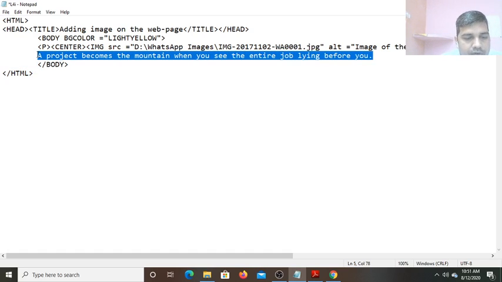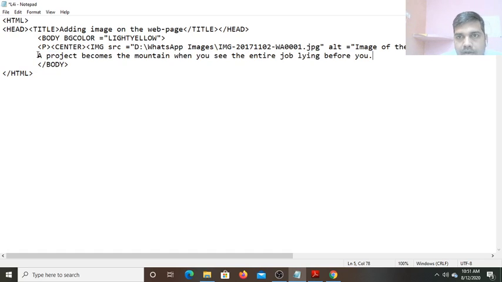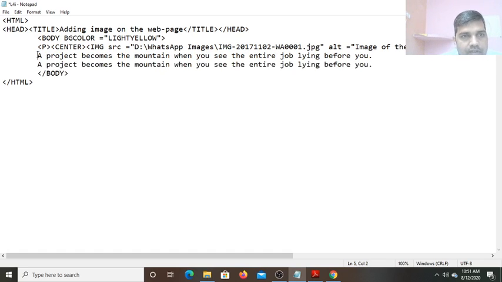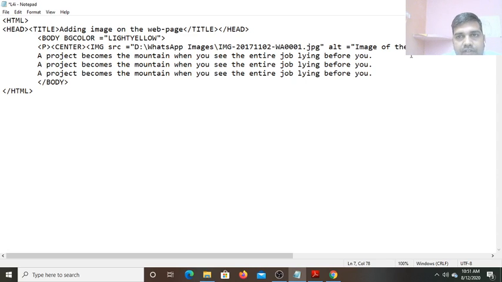Okay, Control plus C. Now after that I will Control V, paste it. So if I want to keep the line changes in the format in which I have written, I have to use the pre tag.